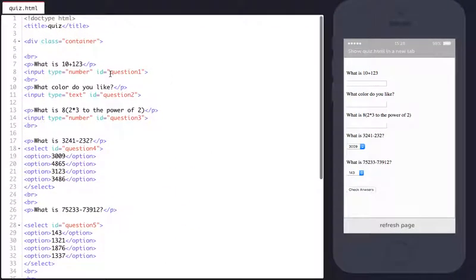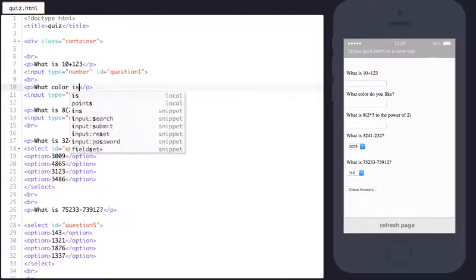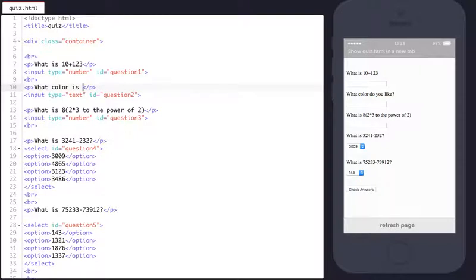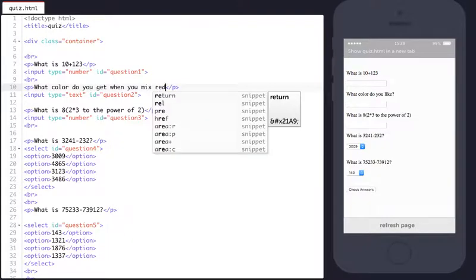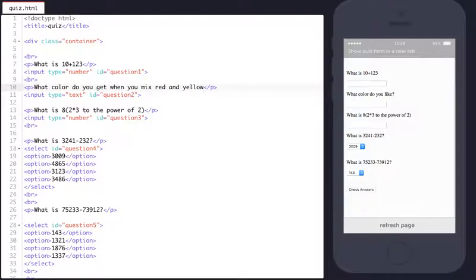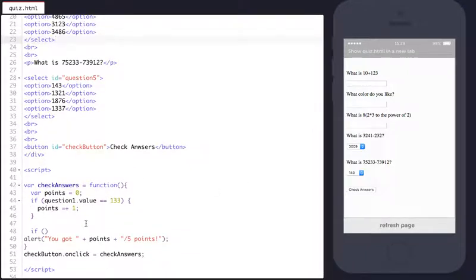We could say, let's think of a question. What color do you get when you mix red and yellow? The answer to that is orange. So we're going to put